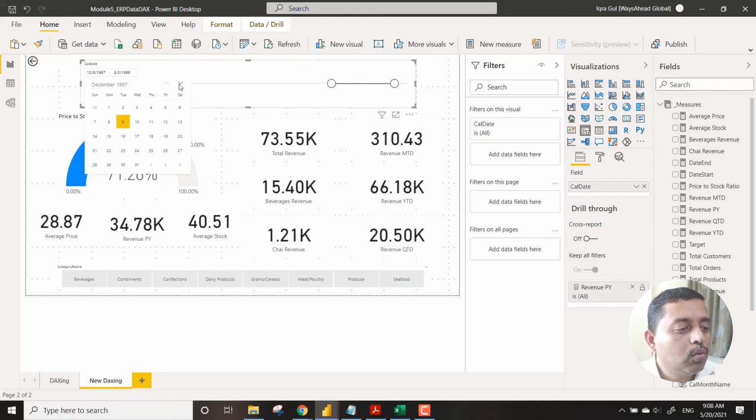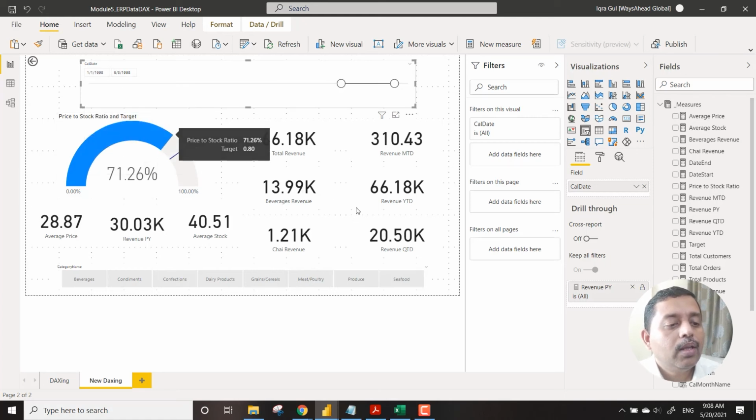So if I just go to the 1st of January 1998, you should see that the total revenue and the revenue YTD match. Which means that YTD always takes from the 1st day of the year, irrespective of wherever you are placed.